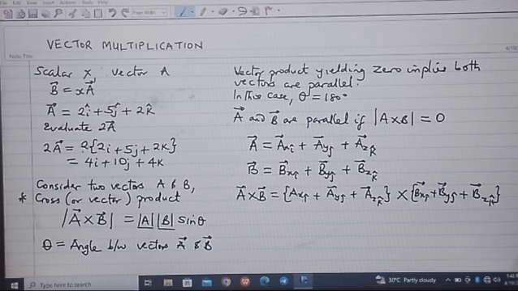Now, you have to use every term in the first bracket to multiply every term in the second bracket. When you do that, you're going to obtain A cross B